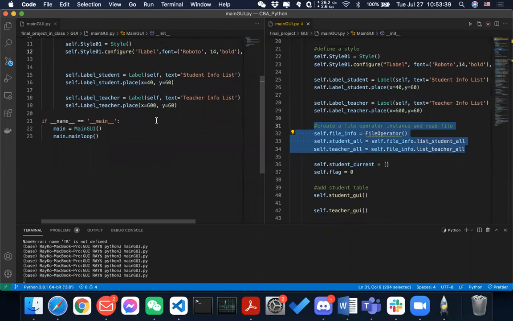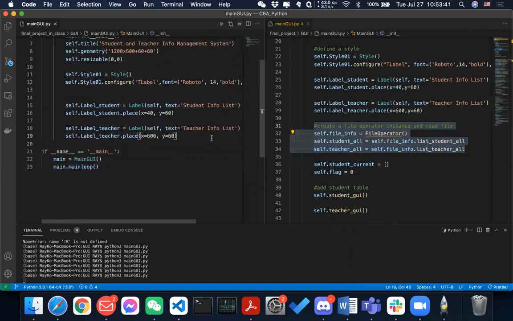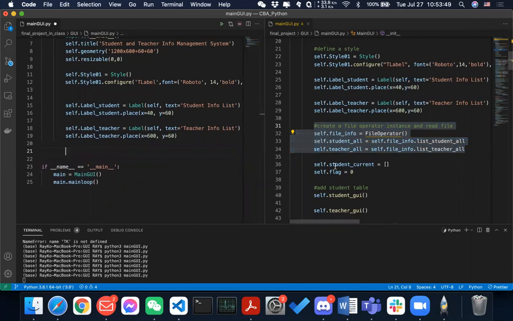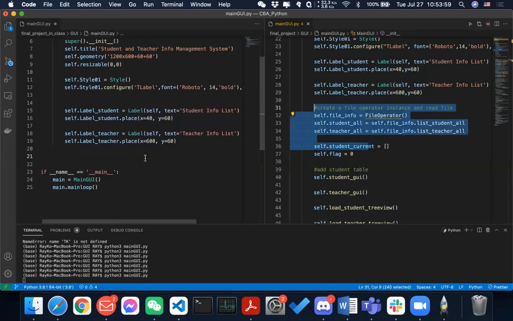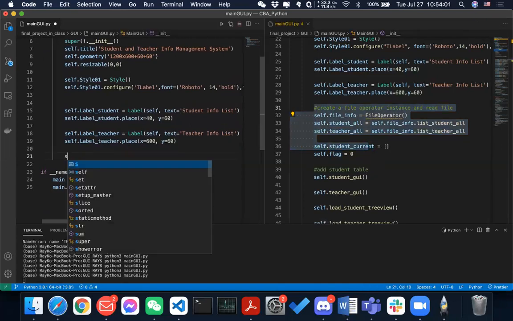This is just to create a file operator, and then to actually get whatever you need. Okay, so self.student current. Okay, we don't have to deal with it right now because it would not make sense to deal with this right now. But you can do